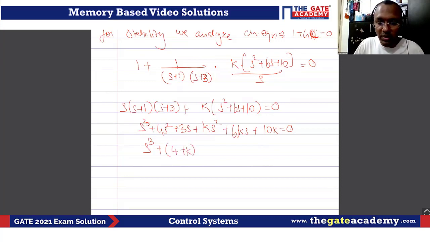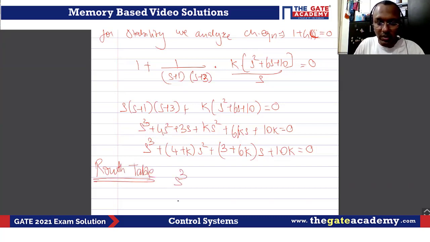So I will get (4 plus k) s square plus (3 plus 6k) into s plus 10k equal to 0. 3 plus 6k, yeah, correct. So now I'm going to plot the Routh table. If I plot the Routh table, what will I get? s cube, s square, s power 1, s power 0. I will have 1,